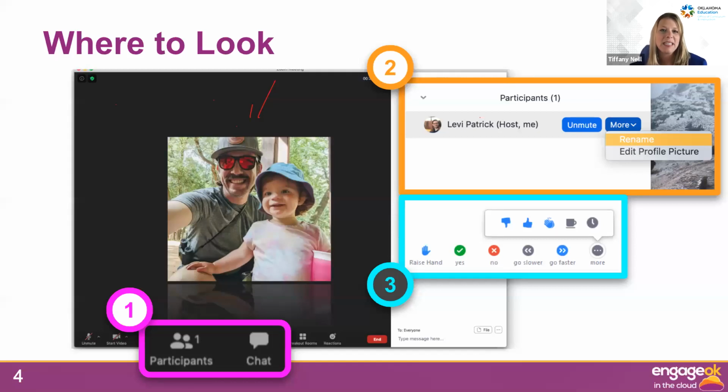I see a lot of green check marks coming up. If it's a no for you, of course, you can click no with the red circle and the X, and that'll let us know that you can't hear me very well today.